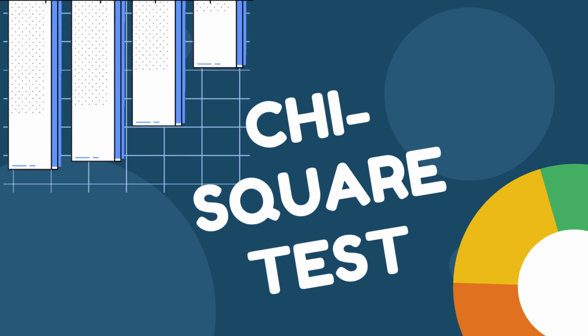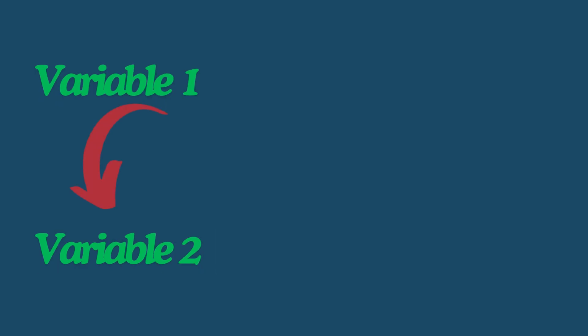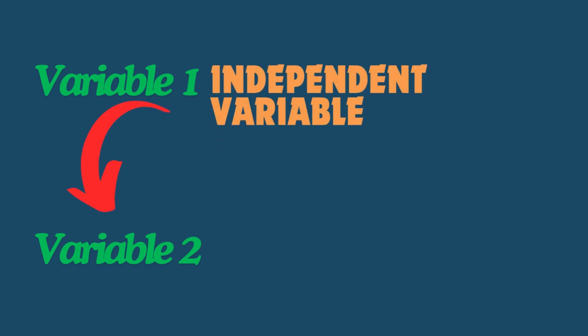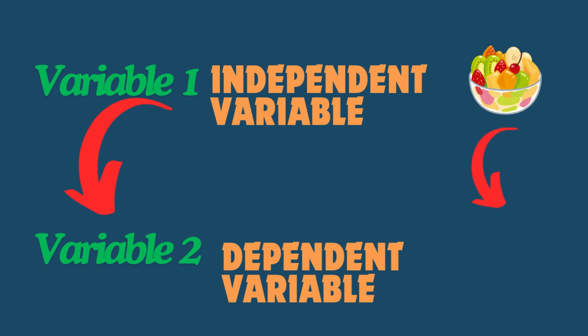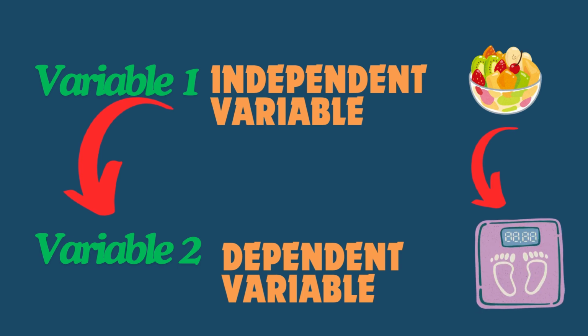Let's discuss chi-square test today. Till now, we have measured the effect of one variable on another variable. In statistics, the variable whose effect we want to see is called an independent variable, and the variable on which the effect is seen is termed as dependent variable. For example, in the case of measuring the effect of diet on weight, diet is the independent variable and weight